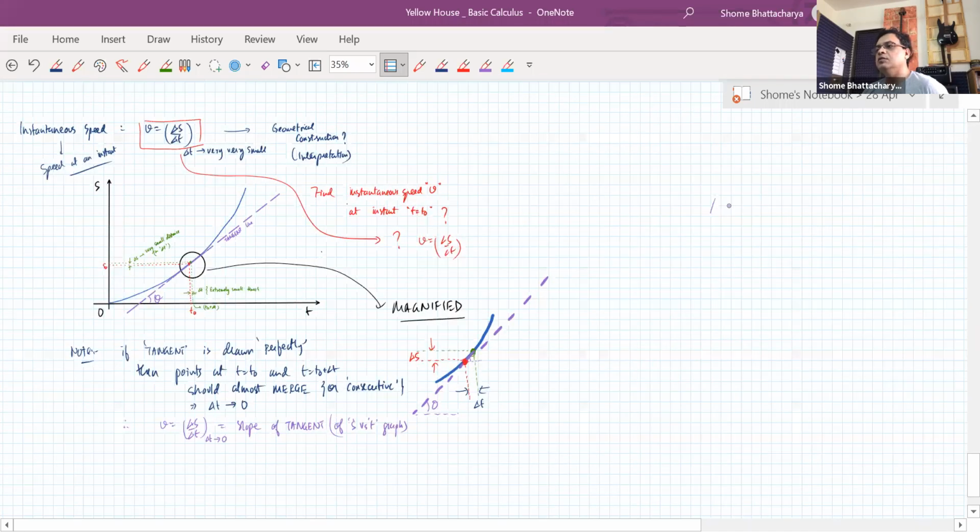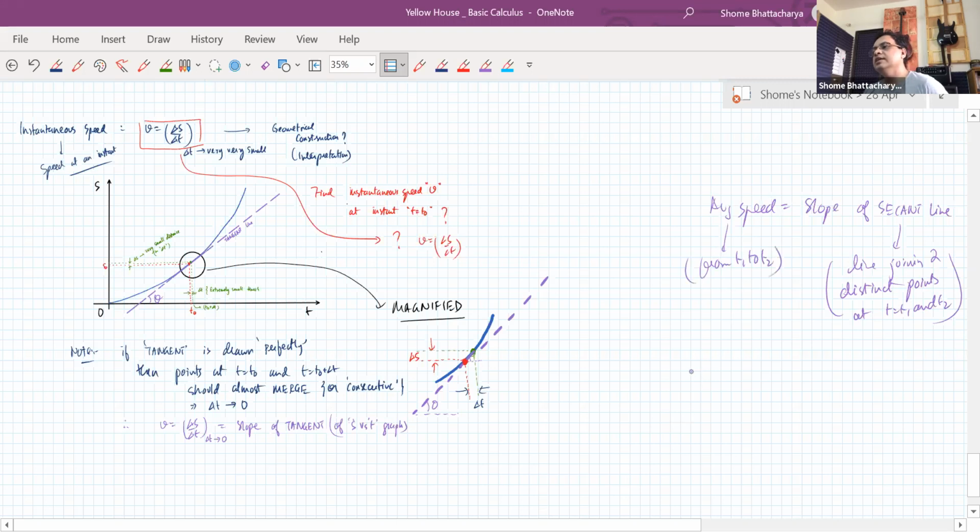Average speed becomes the slope of the secant line. So the line joining 2 distinct points which are drawn at t equal to t1 and t2, because we are calculating the average speed from t1 to t2. Okay. But instantaneous speed,